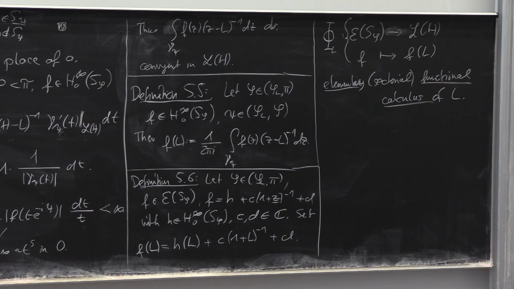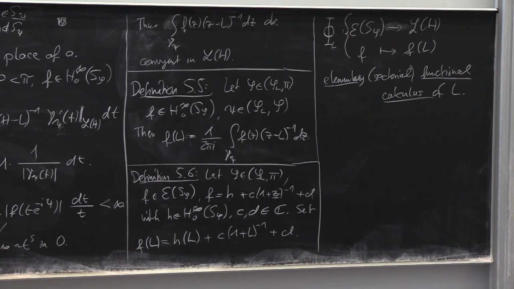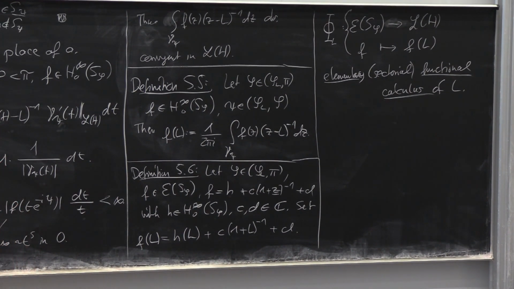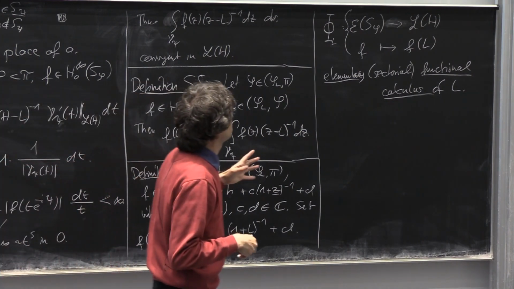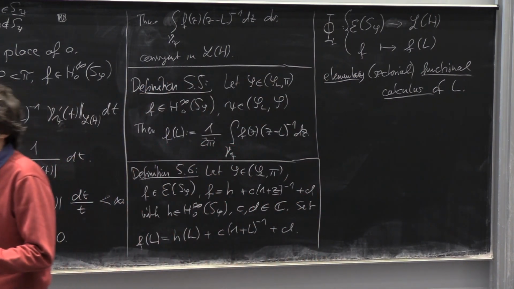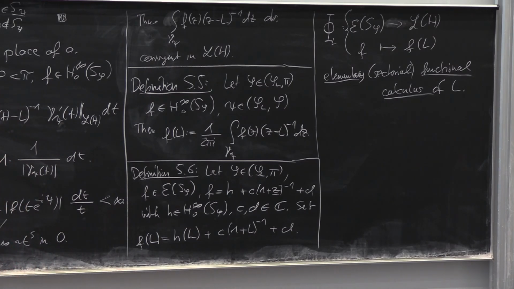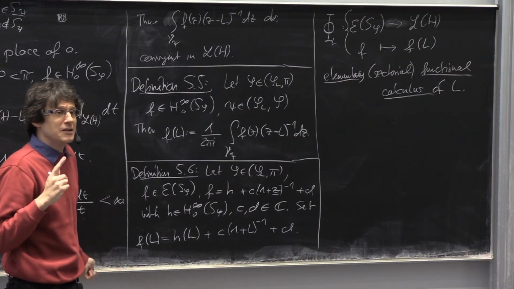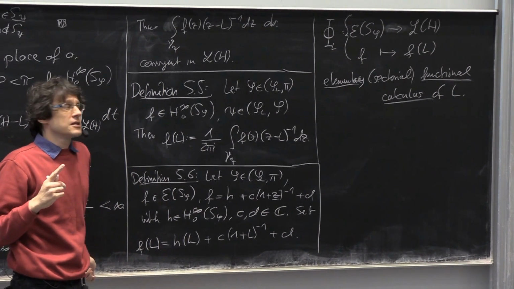And the thing that we will do next is, as I said, we will see it fits well to the functional calculus we had for Laplace. But the other thing is we have to study the properties of this map. We want this to be a nice map. As I said, for instance, we want it to be linear, and other stuff. But before we do that, one really important warning,